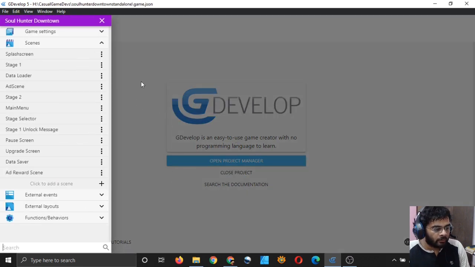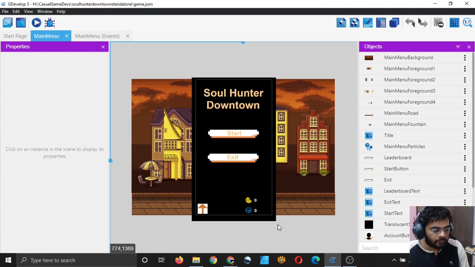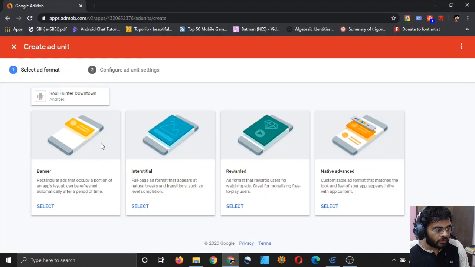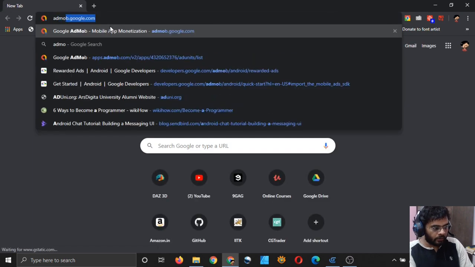So my project is open and I will open my main menu. So yeah, here it is. So let's create. Go to Google AdMob and you will have to go inside your app. Let me show you where you have to go. First of all, I will close it and I will open AdMob.